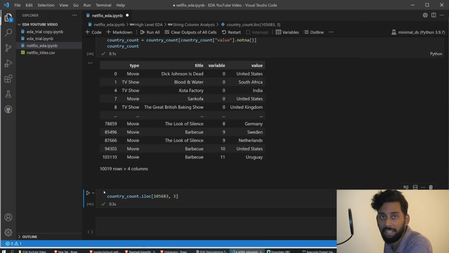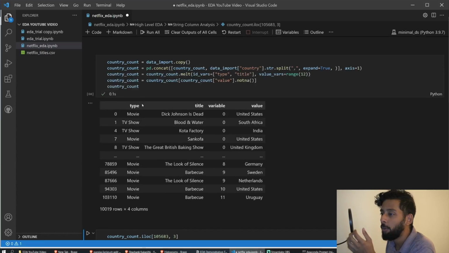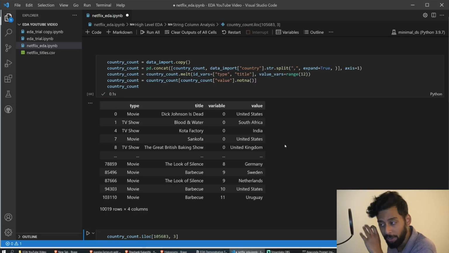So we've actually shrunk it to 10,000 rows now. Okay, cool. So now we have a new data frame that has all of the values we're looking for, and we can actually give each country credit for one movie if it was at all involved in the creation of a movie. So let me go ahead and